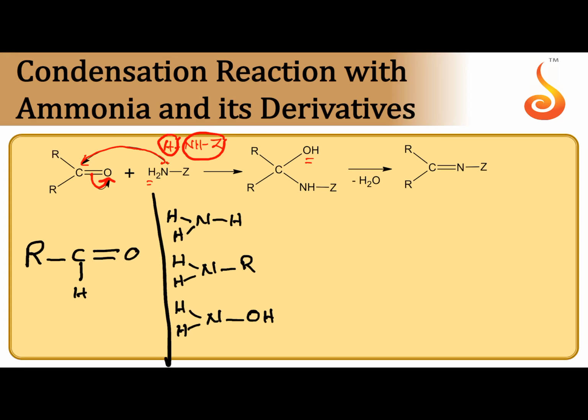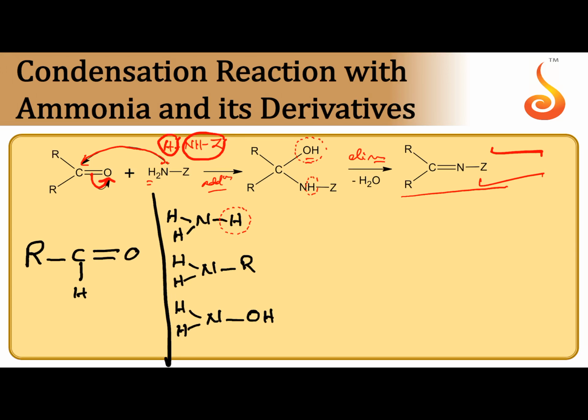After the formation of the addition product, OH and the acidic hydrogen are closer to each other, and both are removed in the form of H2O. An elimination reaction takes place, producing a double bond between carbon and nitrogen. So the first step is addition, nucleophilic addition. The second step is elimination. That's why the overall reaction is called a condensation reaction. This is called the condensed product. So in place of Z, we can take any one. We can get more examples.